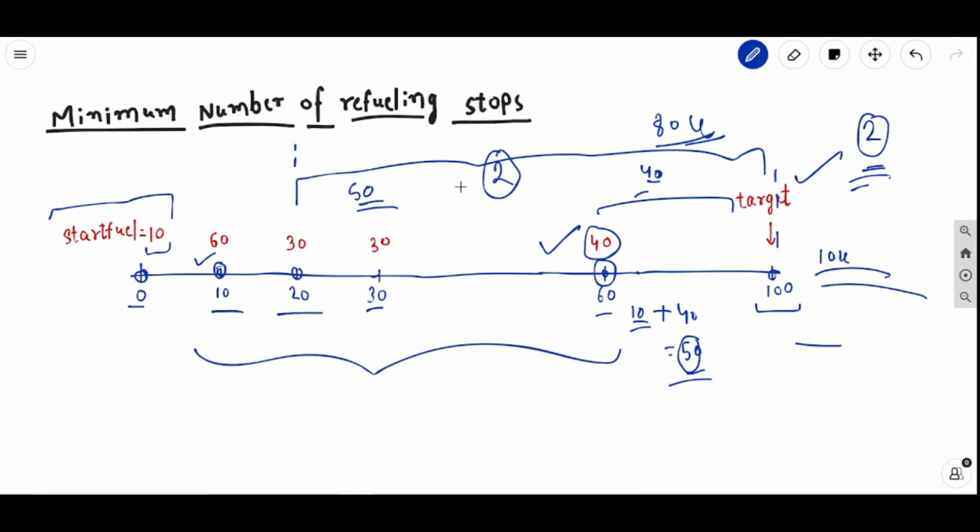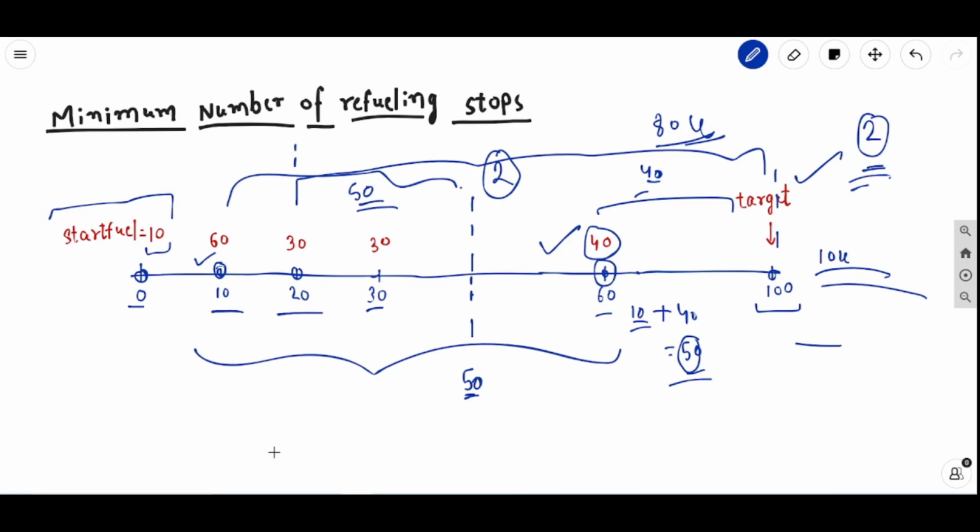Let's say I am present at any position, let's say this position number 50. How would I decide, while I am on position number 50, from the gas stations which I have come across, that is at position number 10, 20 and 30, which one to pick up? Fine. So to decide which gas station is the most optimal to stop at for refueling,